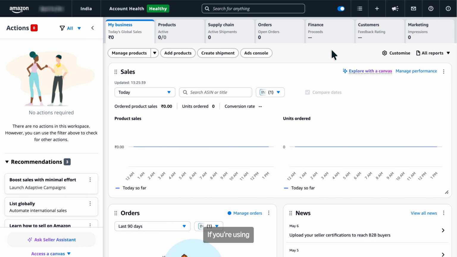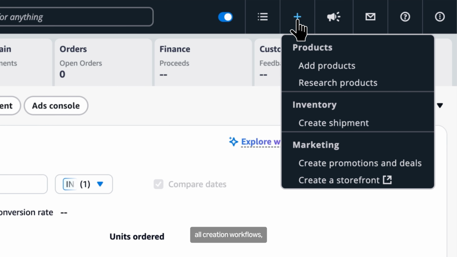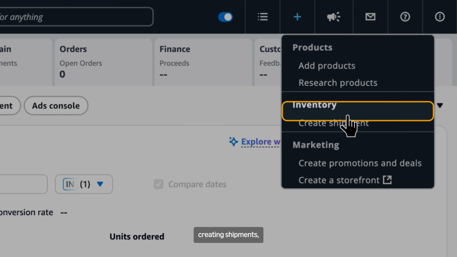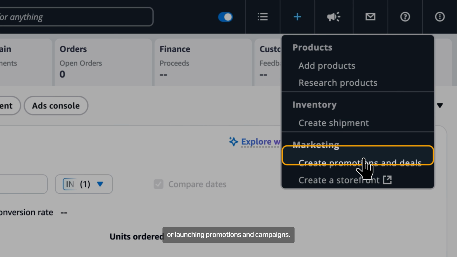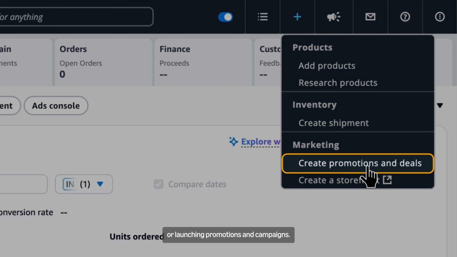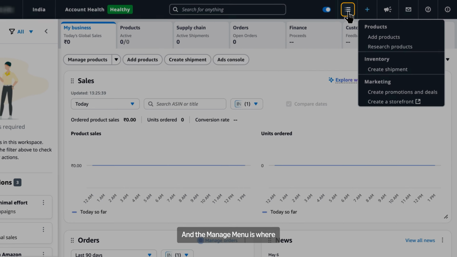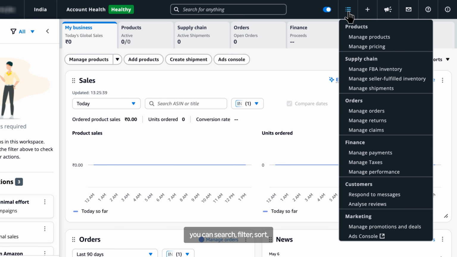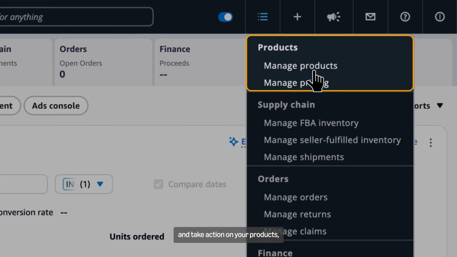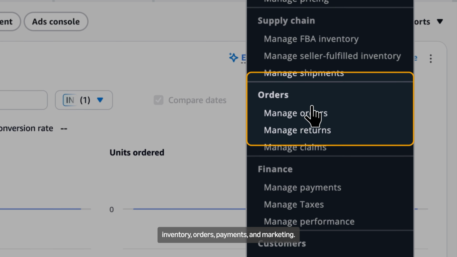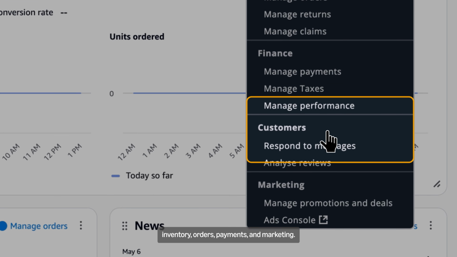If you're using the new Seller Central experience, you'll notice a simpler way to move around. The Create button is for all creation workflows, like adding products, creating shipments, or launching promotions and campaigns. And the Manage menu is where you can search, filter, sort, and take action on your products, inventory, orders, payments, and marketing.